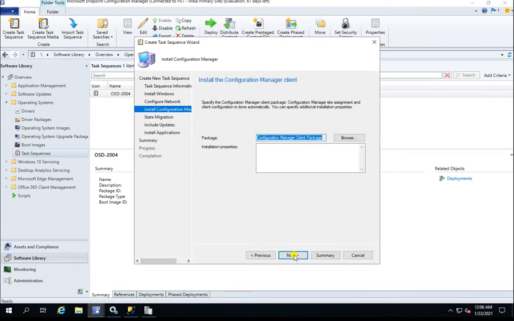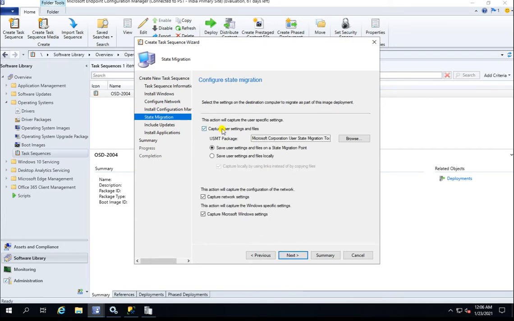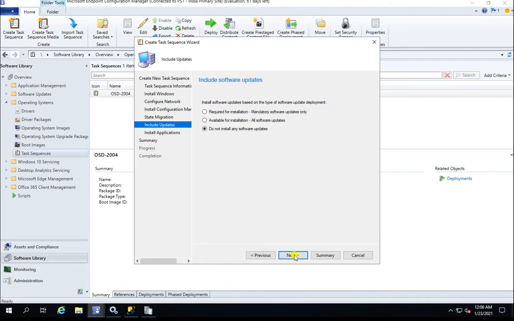Okay, next, install the client, that's fine. State migration I'm not going to use. As I told, I'm going to deploy this OS on a bare metal machine, so this scenario is only for when we have a bare metal machine on which we are going to deploy the OS.